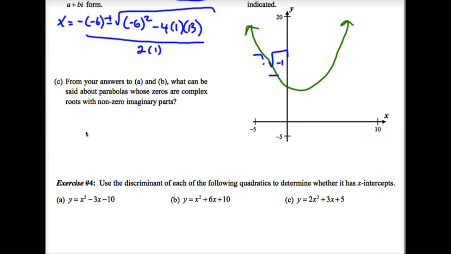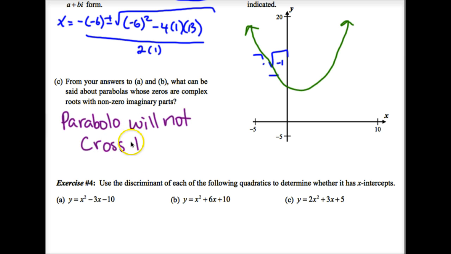So anytime you have a quadratic formula and the zero is a complex root, meaning there's a negative under the radical sign, it means that that's a complex solution. So it always states and it always implies that the parabola will not cross the